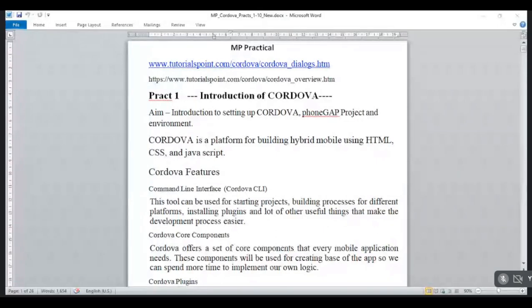HTML stands for Hypertext Markup Language, CSS stands for Cascading Style Sheets, and JavaScript. So three languages are included in these applications.